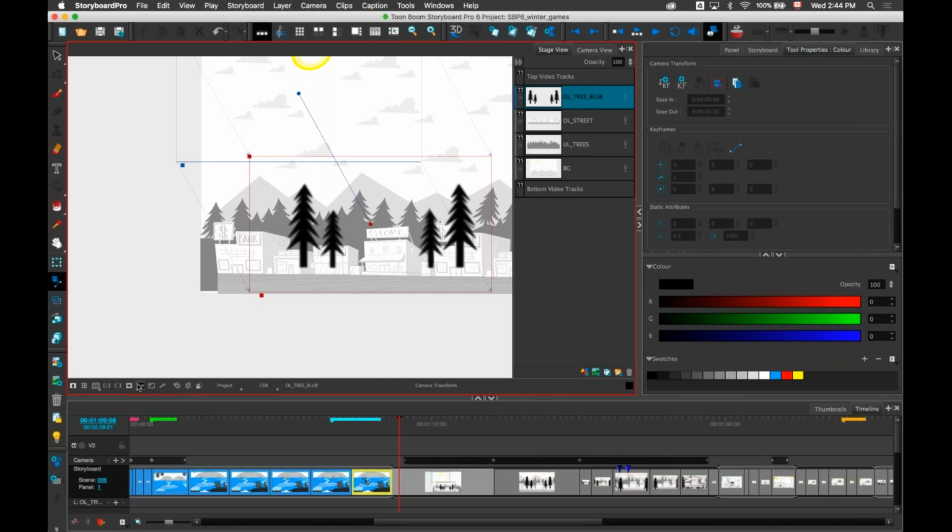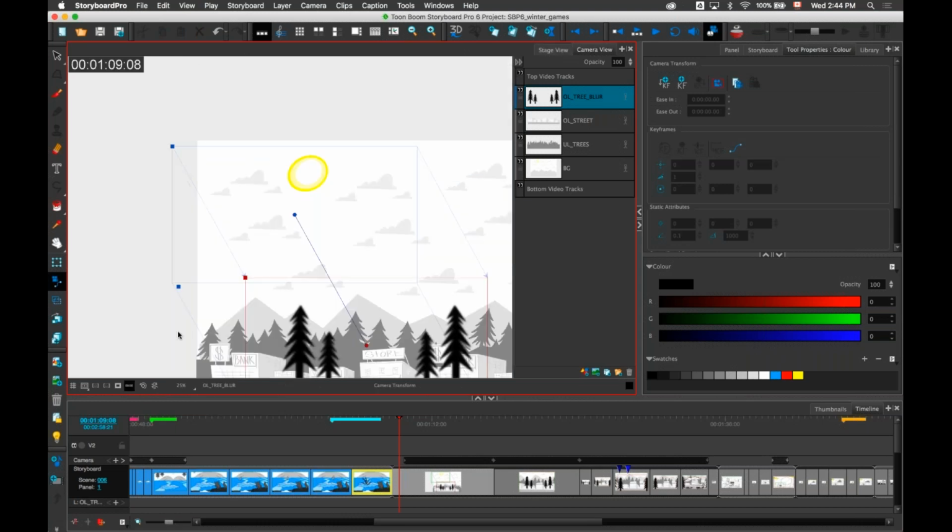These are individual, so you don't have to show them in both. So I can show it only in the camera view and not in the stage view, or vice versa. This helps me when I'm working on the animatic with an external monitor to quickly see which time code I'm at in the software. This is also something that had been really, really popular with a demand with the users of our software.